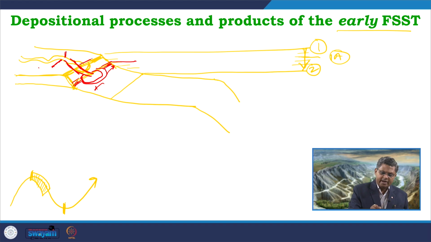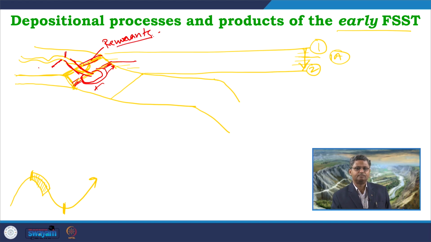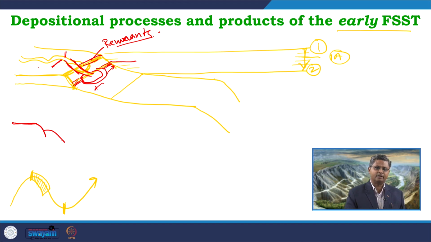And what we get over here, these are the remnants of the earlier shore deposits. So, basically if I look into the section, this was the early deposit. From there we are now getting a new surface formed, where we are getting the accumulation of the new delta or the new shore face deposit. So, basically we are getting this kind of offlapping lobes.